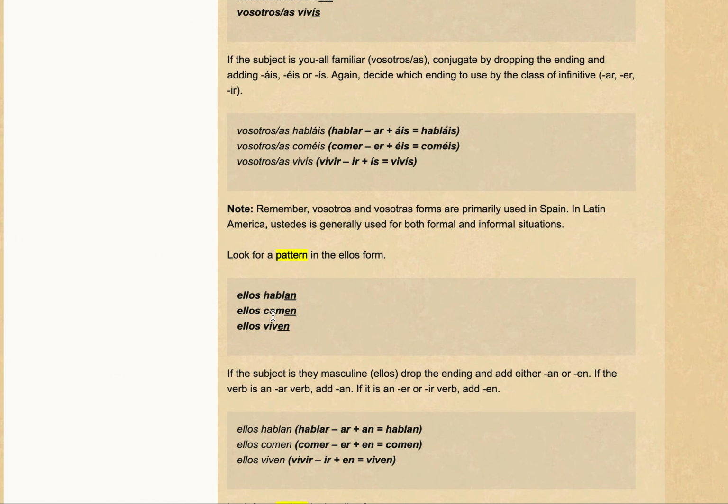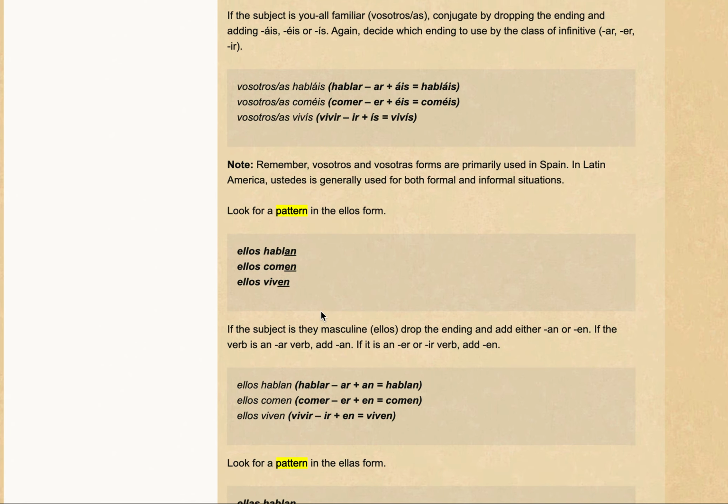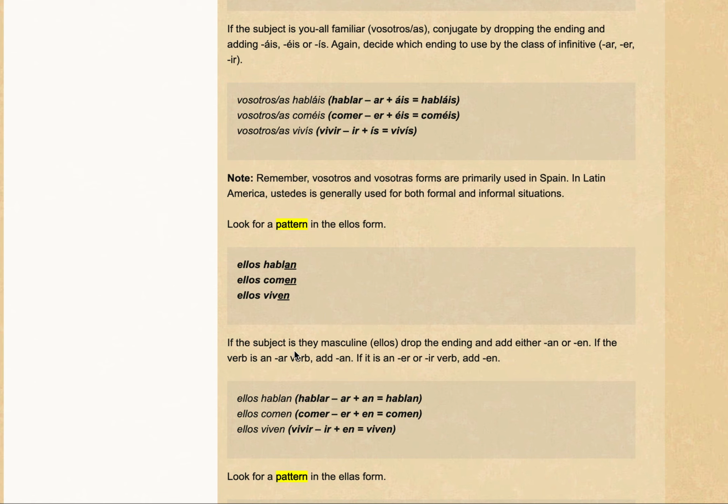Alright. So now you're looking at ellos. Ellos is they masculine. And the pattern would be, the rule is that you add either an or en for ar verbs, en for er or ir verbs. Okay, so it's the same thing, but